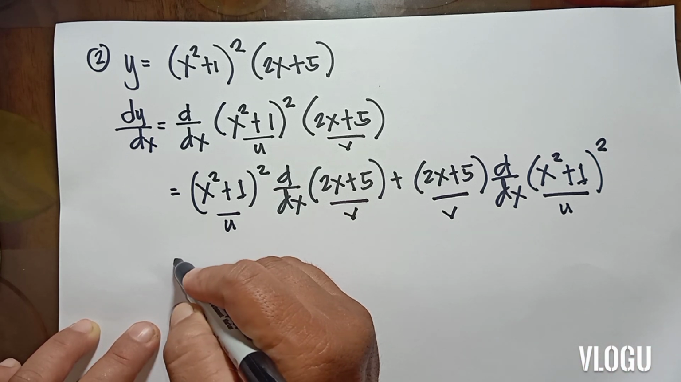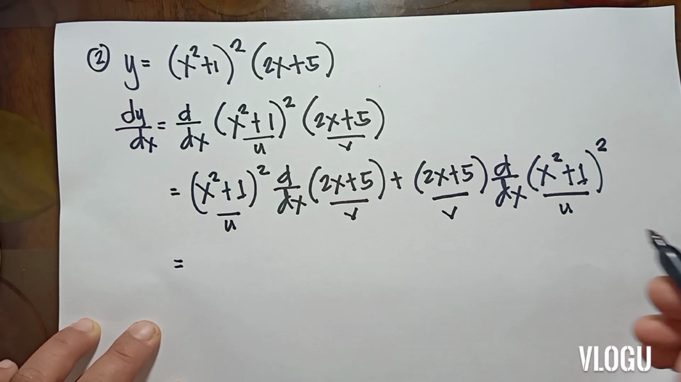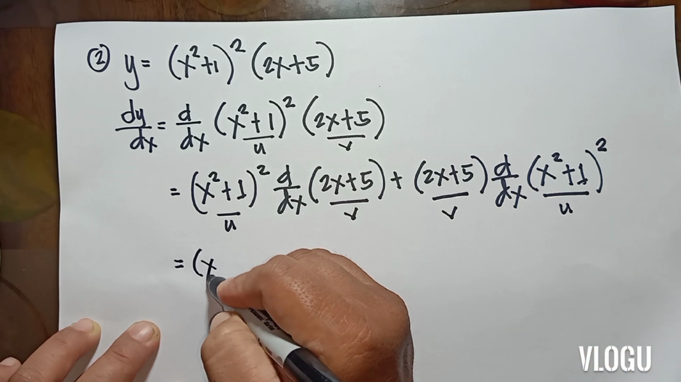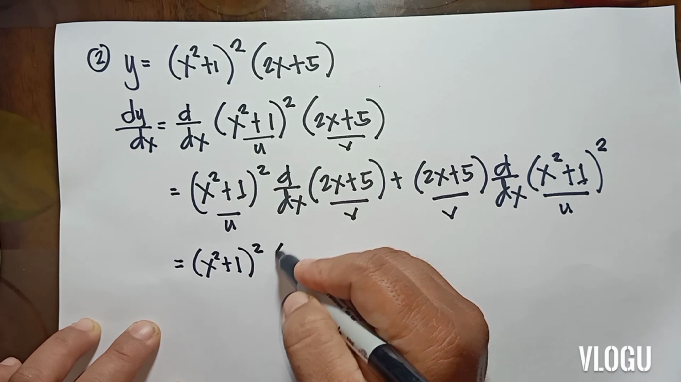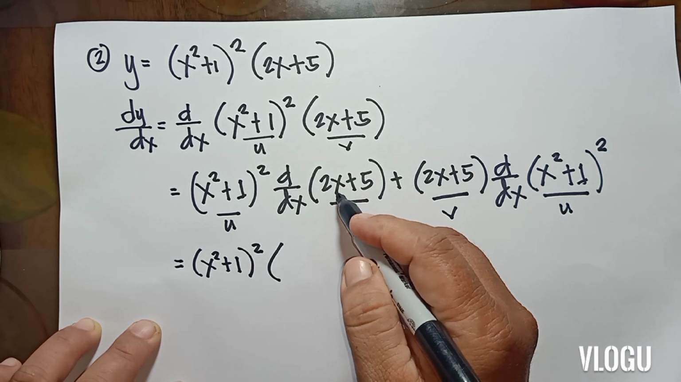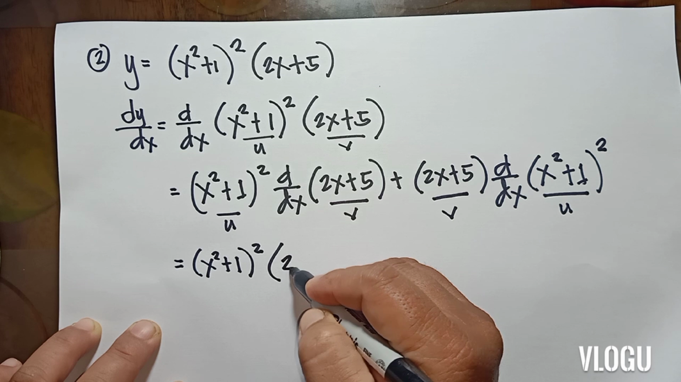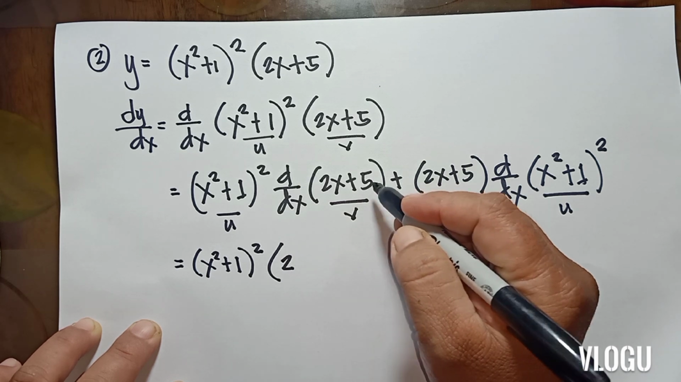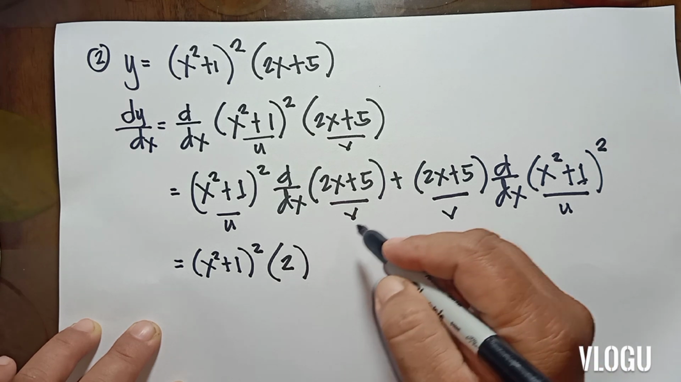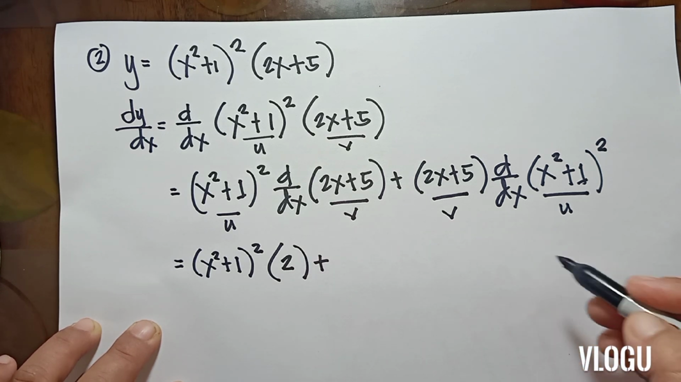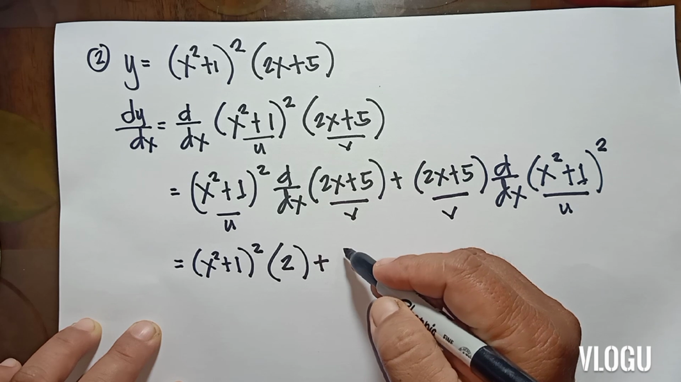So we will have (x squared plus 1) squared. Okay. Derivative of 2x, that is 2. Derivative of 5, that is 0. So that's the reason we have that one. Then plus, okay, we have